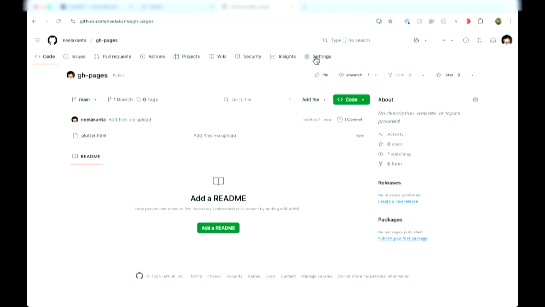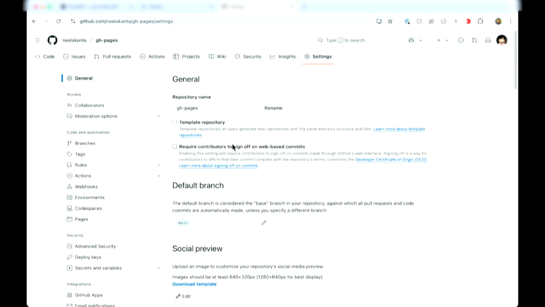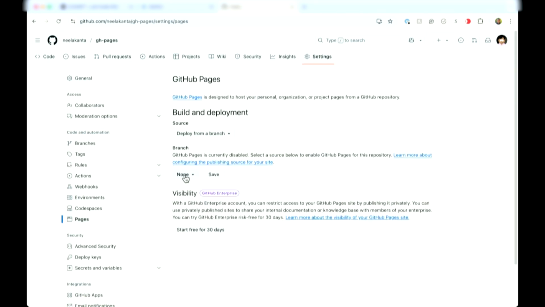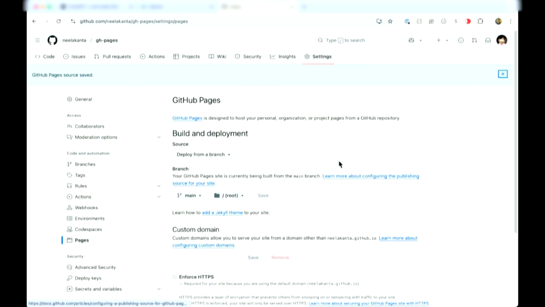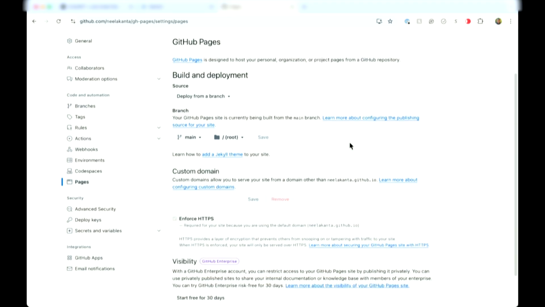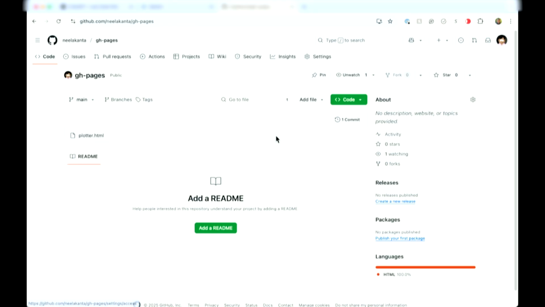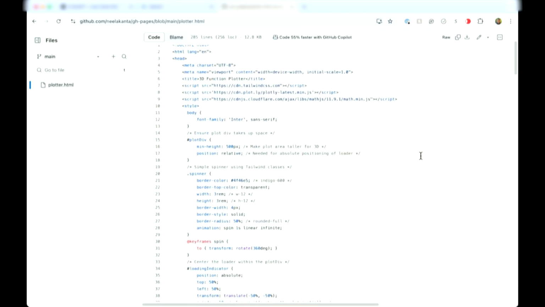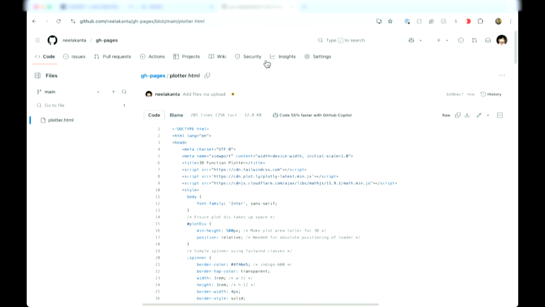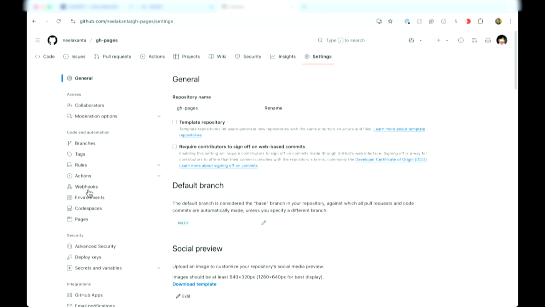All right, and it's saved there. And then if we go over to the pages, we have to just select something called the main branch. GitHub is actually a platform used for software development, for doing co-development with others and version control and all that. But we see here that we've uploaded plotter.html, and here's the actual HTML file. But we don't want to see the HTML file. We actually want to see it, the plotter, front end, right?